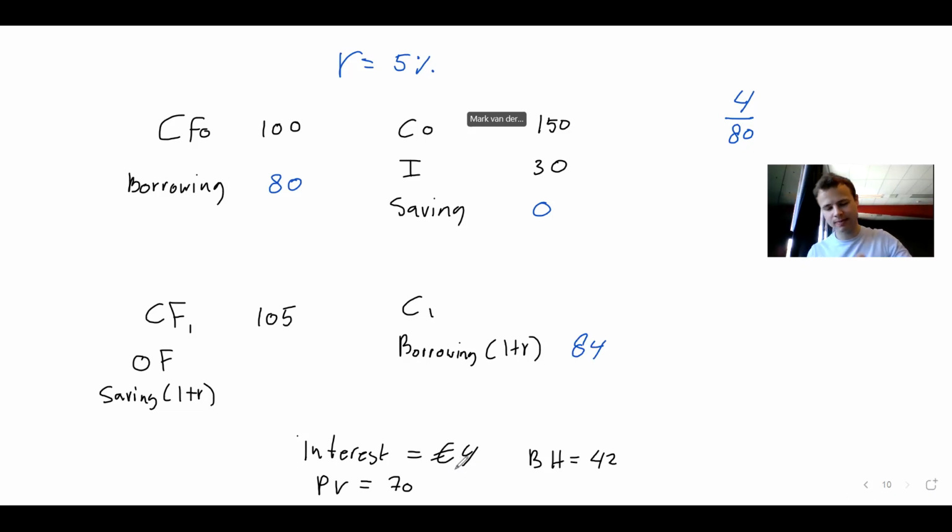Both are fine. Okay. I didn't save anything. So how much savings do I have next year? 0. Perfect. And here you see the problem again. I have two unknown variables, OF and C1. And we said if you have two or more unknown variables, then you have to look at the formulas again. So just to give you a hint,